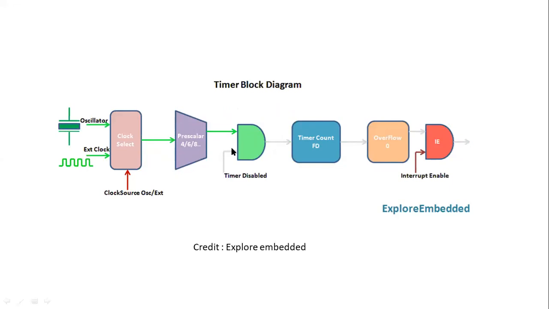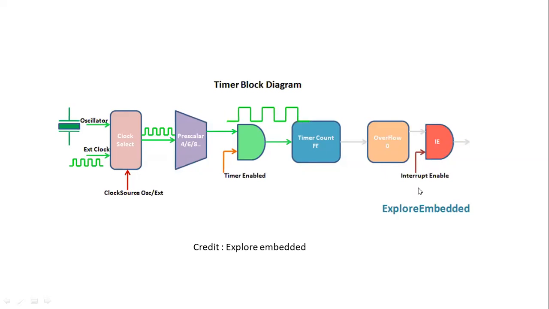So you have to enable the timer. When the timer is enabled, the clock pulses will be passed to the timer unit. And what will happen? Tell me. When the timer unit has started, the overflow flag is 0. When counting starts and it reaches FF and again goes to 00, overflow occurs. And when overflow occurs, this overflow flag becomes 1. And when this overflow flag becomes 1, this is applied to what is called the interrupt enable.